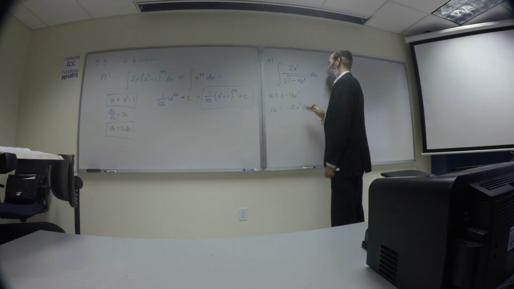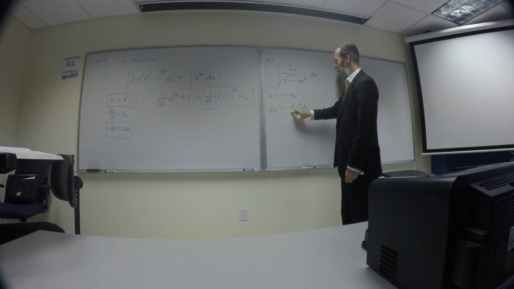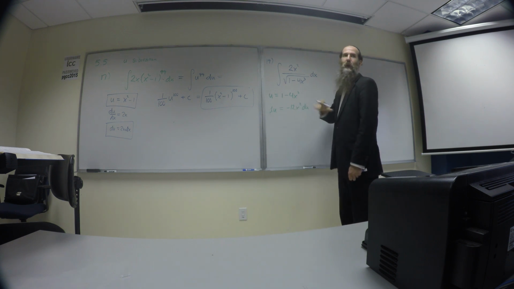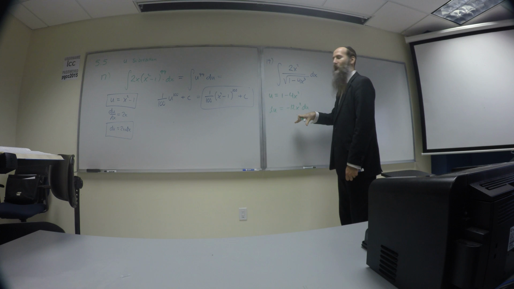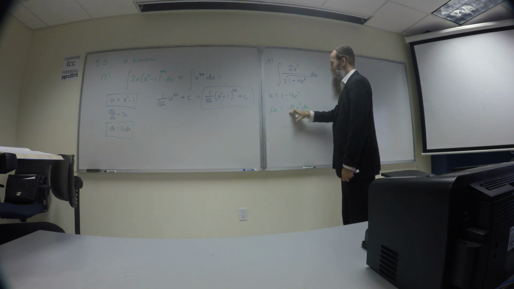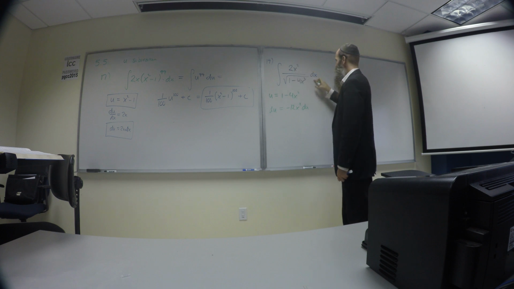What are you going to do with this now? Well, what I'd really like to have is this to read 2x squared dx. This is the way I approach it. There are many ways to look at this problem. But I want the right-hand side of the du to equal 2x squared dx, because that's what I have right here, right? That's the leftover material I have. Upon replacing this with u, I would have